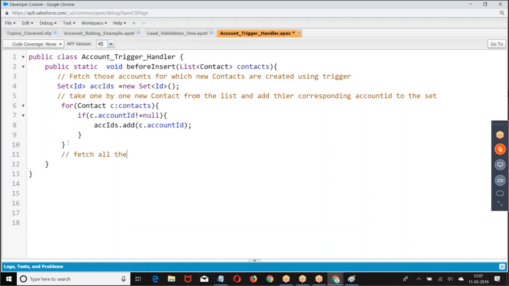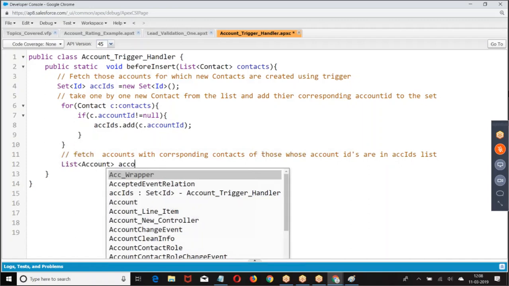fetch all those accounts with the corresponding contacts, of those whose IDs are in the list. Then how do you write a parent-child SOQL query?